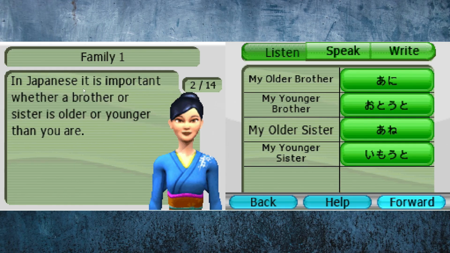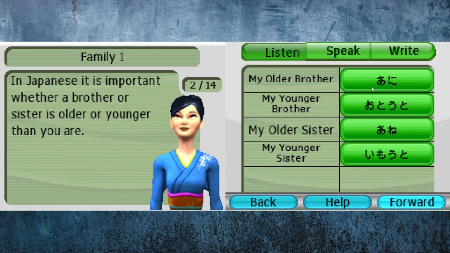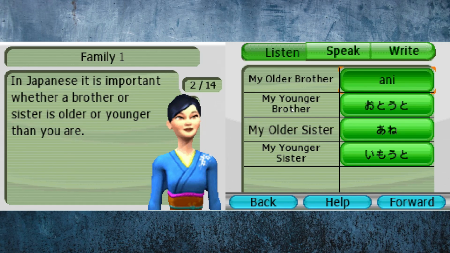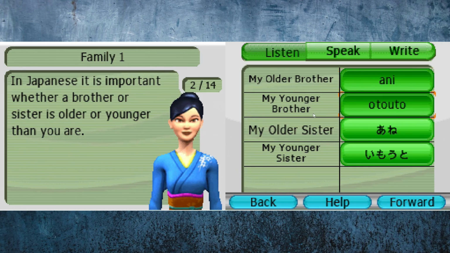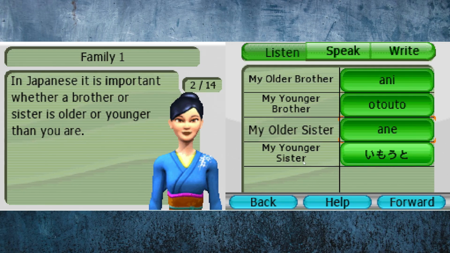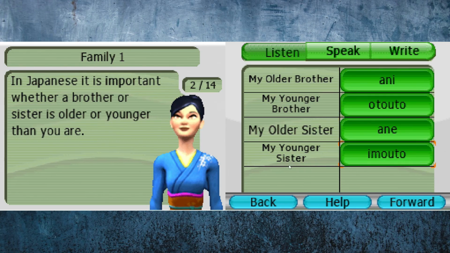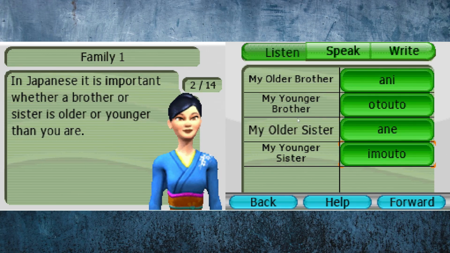In Japanese, it is important whether a brother or sister is older or younger than you are. So your older brother is ani, to talk about your older brother. 兄、 Your younger brother is ototo. 弟、 Your older sister is ane. 姉、 And your younger sister is imoto. 妹、